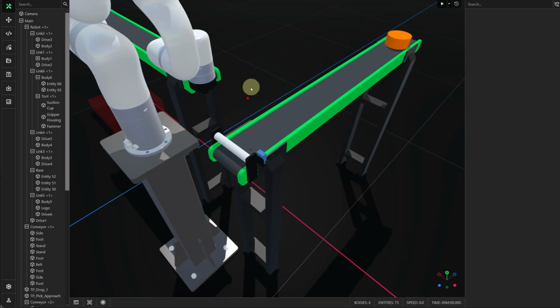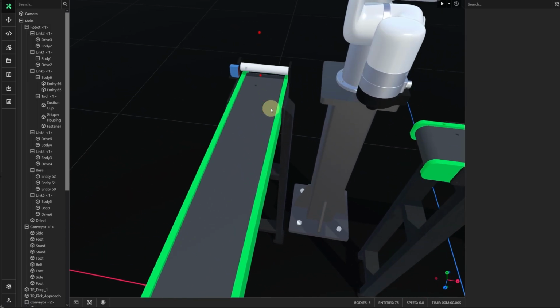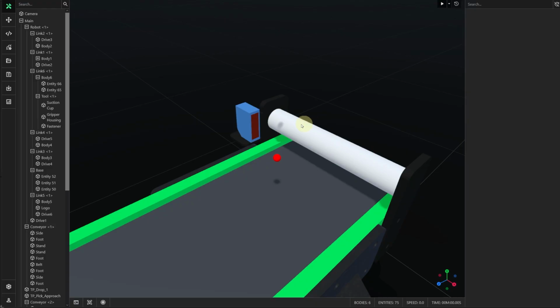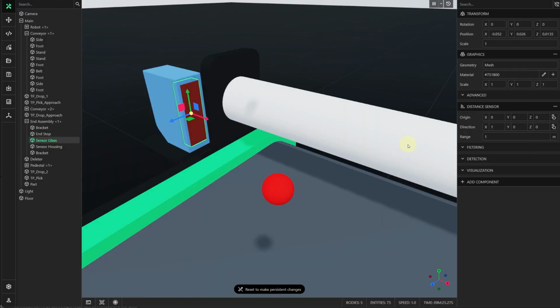If I reset again, we're going to spin around and look at this little sensor here at the end. We don't want the object to be stopped by this dowel. We want it to be stopped by the sensor. So I'm going to click on the sensor, add a component, and this time we're going to look for distance sensor. In the selector for the distance sensor, we'll click here,